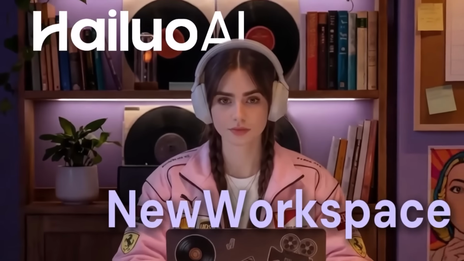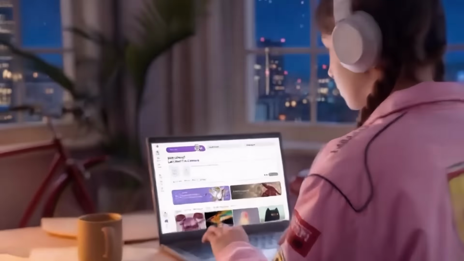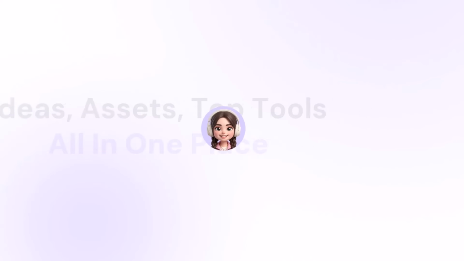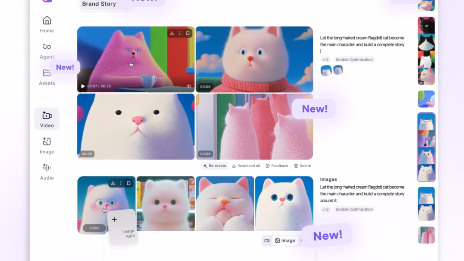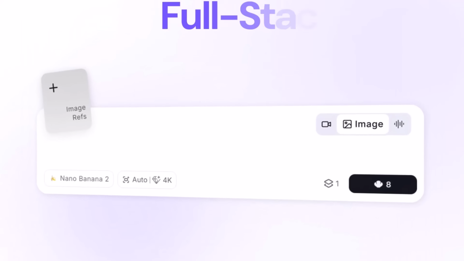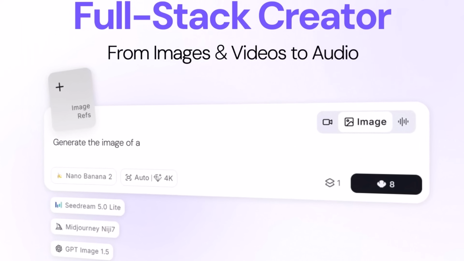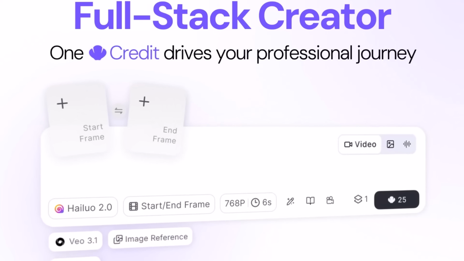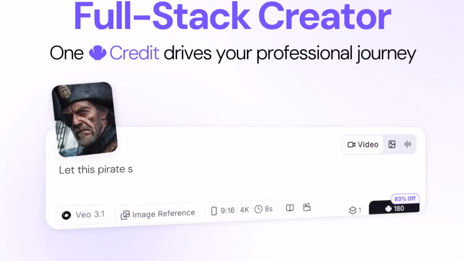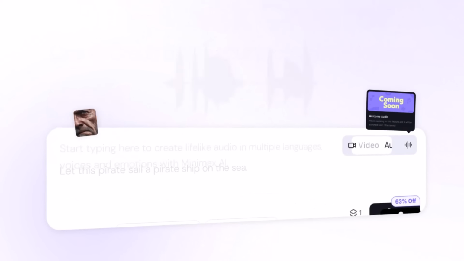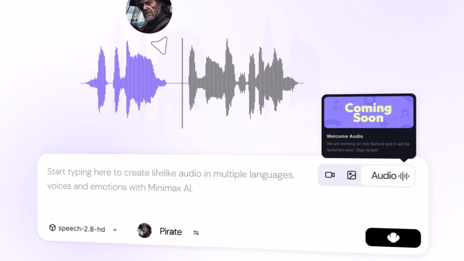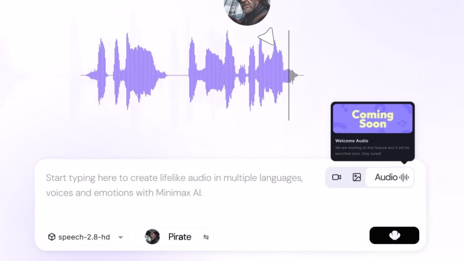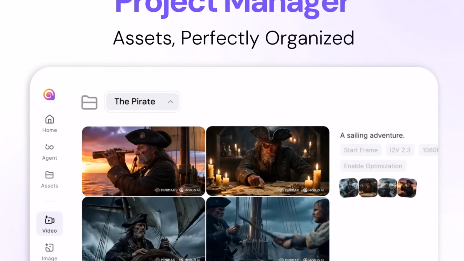What if you could create cinematic AI images and videos, all inside one single platform without switching between tools? And not just basic content, I'm talking about 4K style cinematic visuals, smooth motion, and realistic results generated in seconds. Today, we're reviewing Hailuo AI and testing whether it can actually replace tools like Midjourney, Sora, and more in one